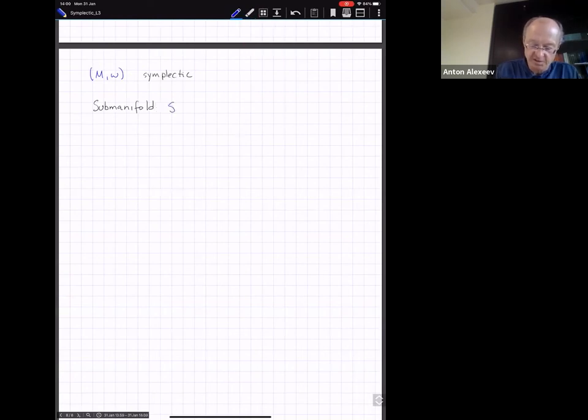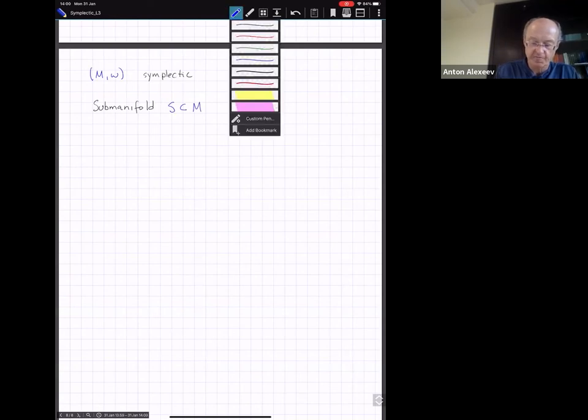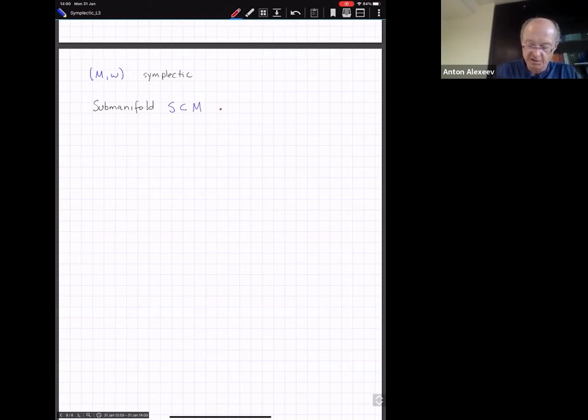Let me denote a submanifold by S inside M. And we say that it is isotropic if the corresponding tangent space inside the tangent space to M is isotropic for all m